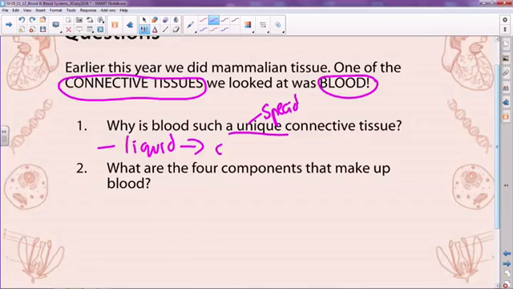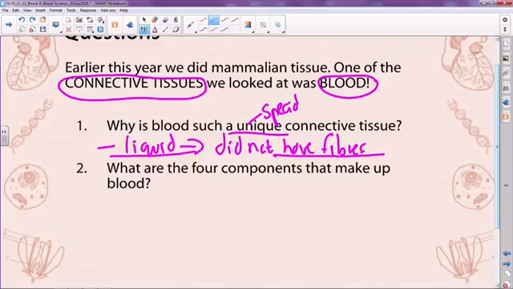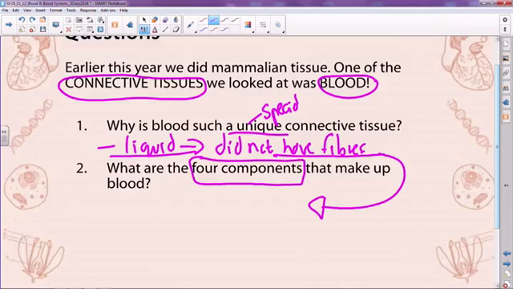It did not have fibers. No fibers in blood. So 2 points: it's the only liquid connective tissue, and it didn't have fibers. Because what we're going to find in the blood are these 4 components or 4 elements. When we spoke about the 4 components that make up blood, what are they? They are blood plasma,